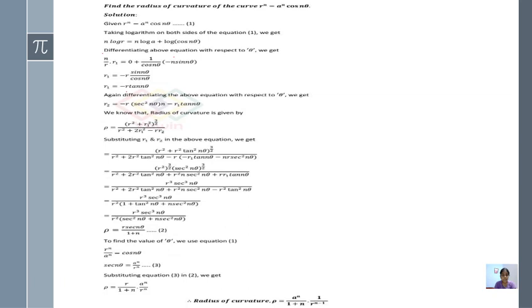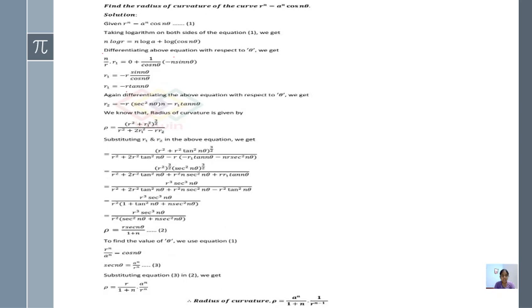We know that radius of curvature is given by rho is equals to r square plus r1 square to the power 3 by 2 divided by r square plus 2 r1 square minus r into r2. Substituting the r1 value and r2 value in the above equation, we get r square plus r1 value, which is minus r tan n theta, as here the square is available, r into minus r, we get plus r square tan square n theta, to the whole to the power 3 by 2, divided by r